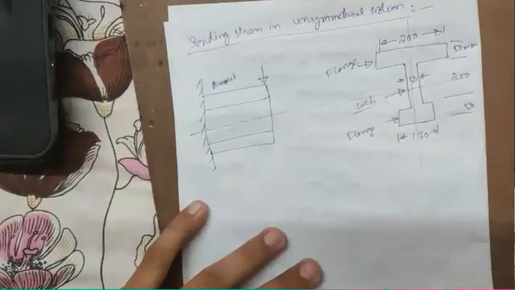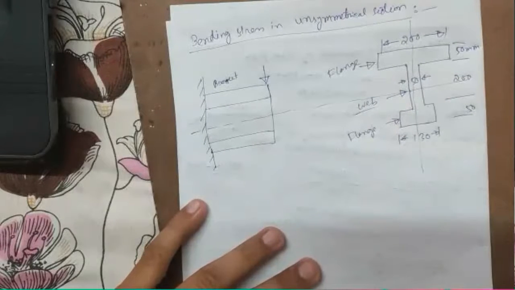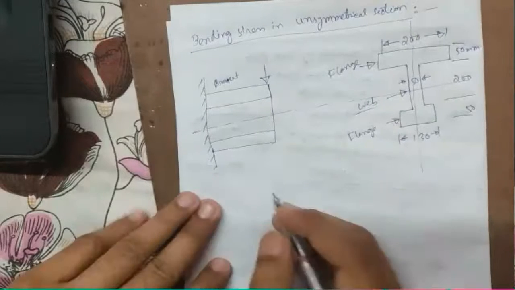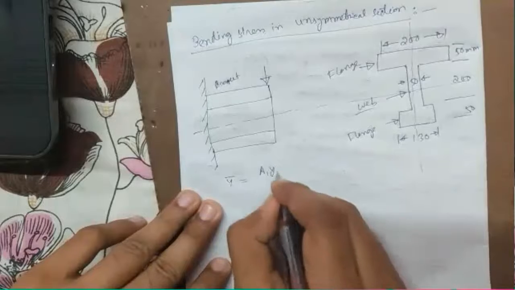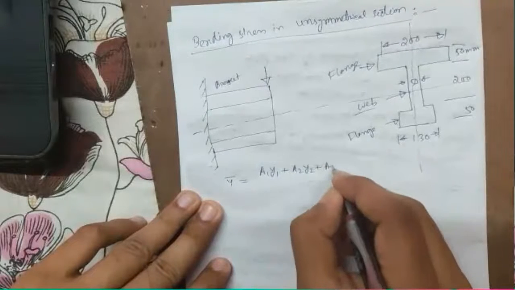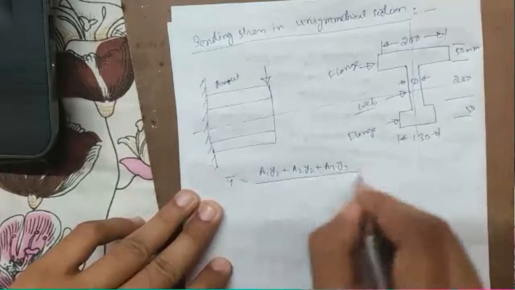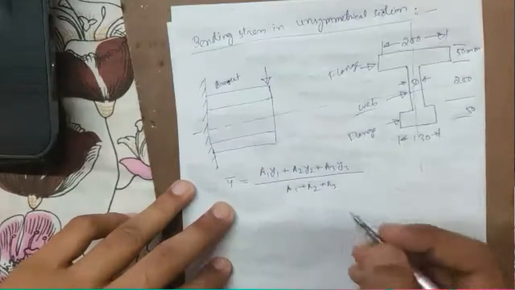When the CG is not known, the formula is y bar equals a1 y1 plus a2 y2 plus a3 y3 divided by a1 plus a2 plus a3, where a1